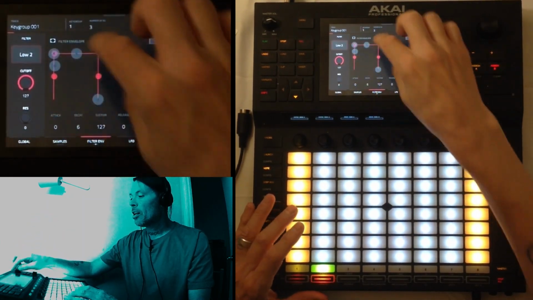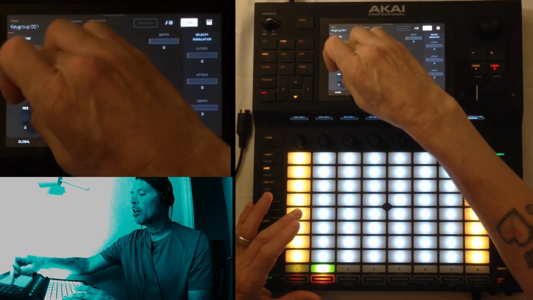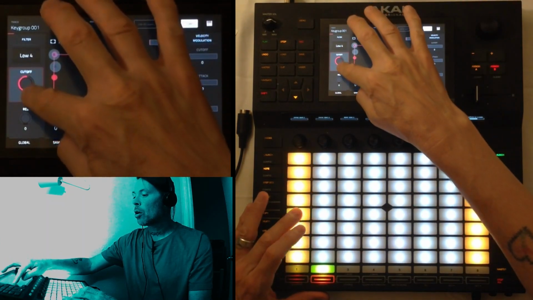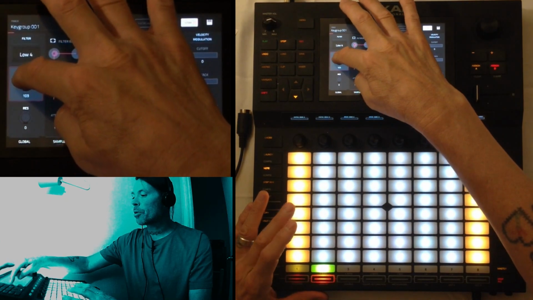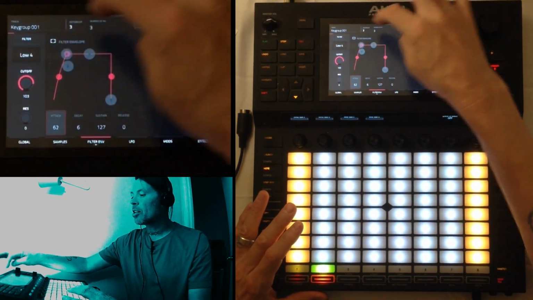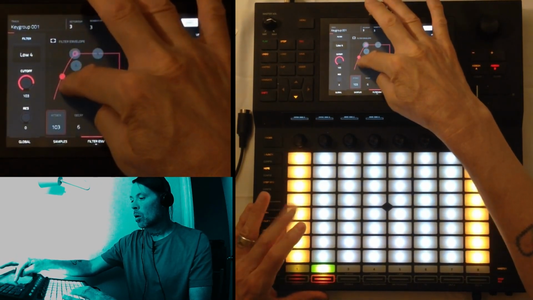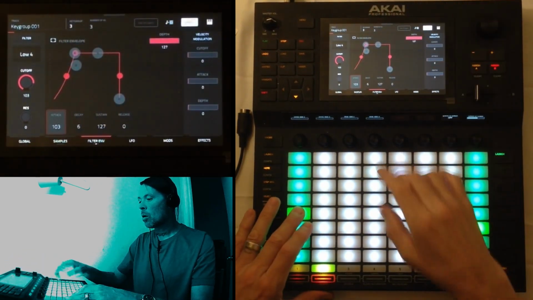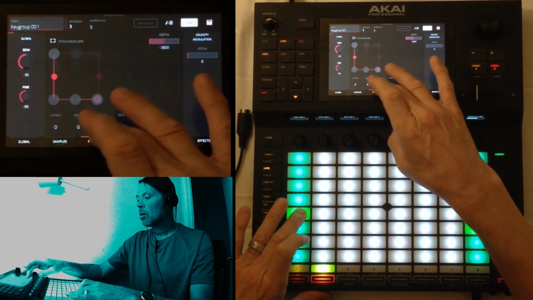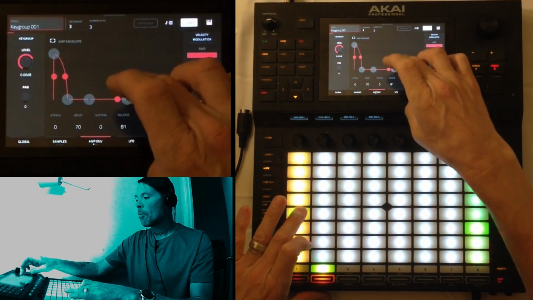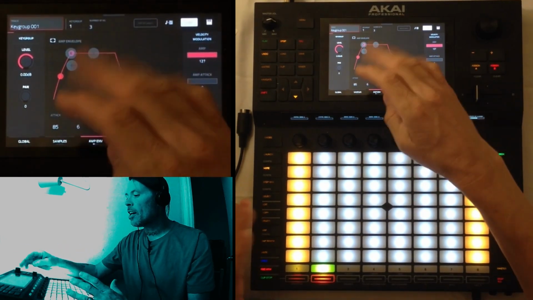And also, if we go to key group 3, I can add a filter here. Let's do low pass 4 and bring the cutoff down. Actually, we can bring the cutoff up a little and we can make it come in slowly. Give us some resonance. Release. And we can